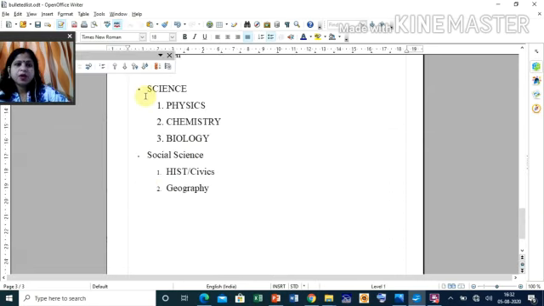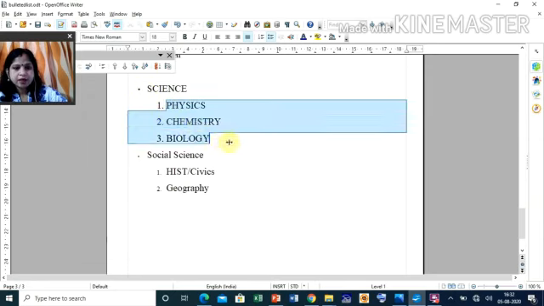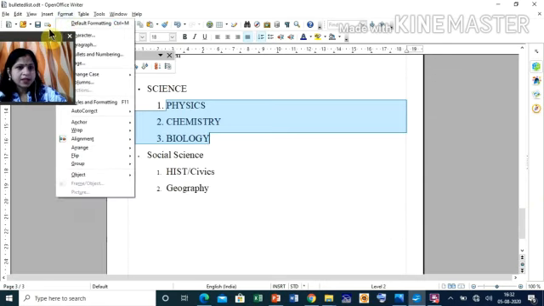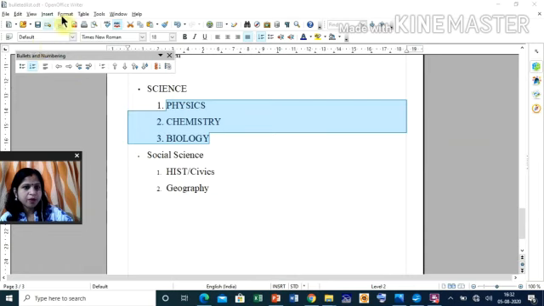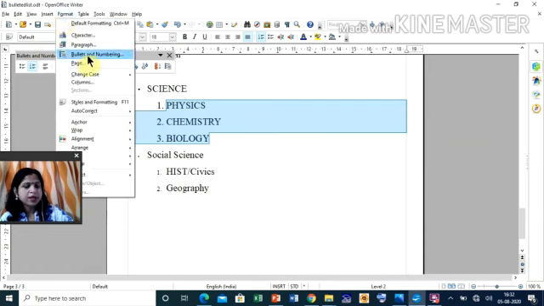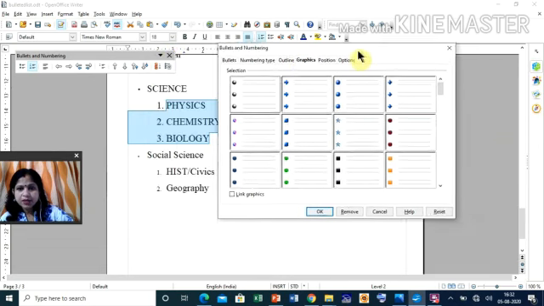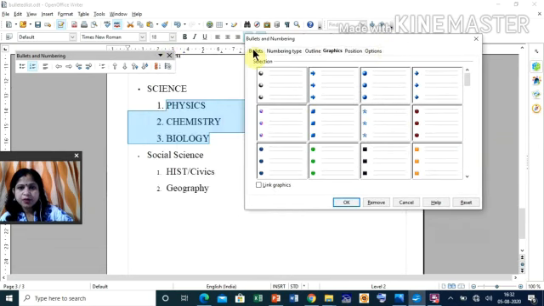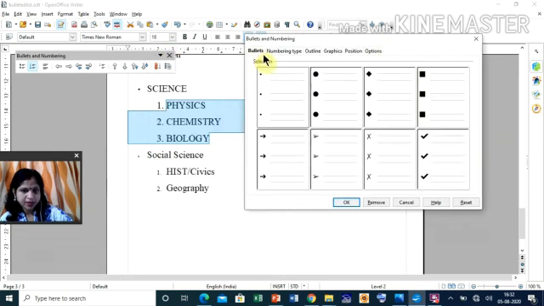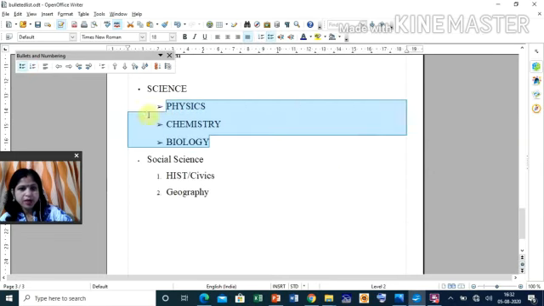Okay, so what is formatting a list now? You do one thing, you select this list only. Okay, you go to the Format menu and from the Format menu you select Bullets and Numbering. Okay, Format, then Bullets and Numbering. One dialog box is coming here. Here, if you go for any other type of bullets, and suppose you want this type of bullets, then click on OK. The bullet can be changed.